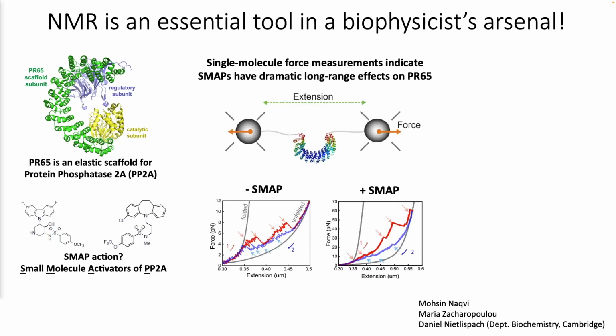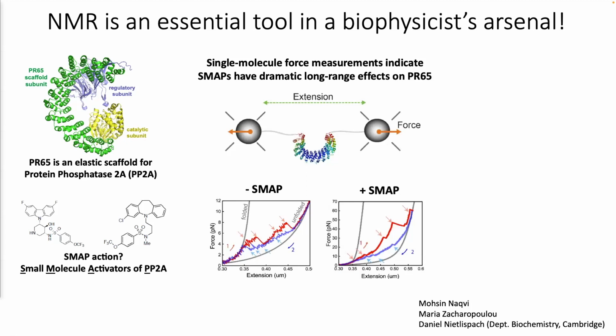It opens and closes in a reversible manner. This is the protein without SMAP. So we see a number of force peaks, which correspond to individual repeats unfolding. We can pull on these proteins and release the force multiple times, so they can go through multiple stretch-relax cycles without any hysteresis and without the protein